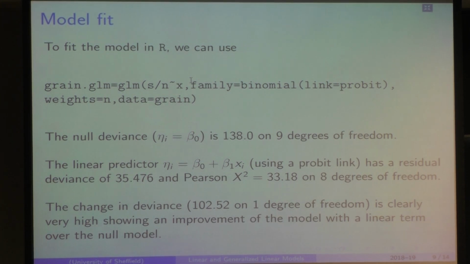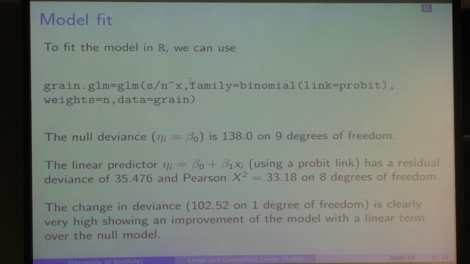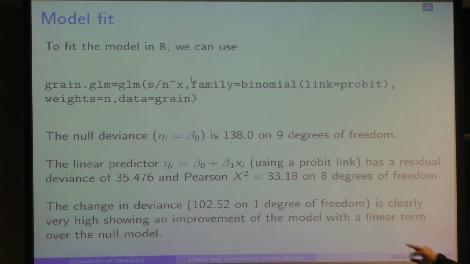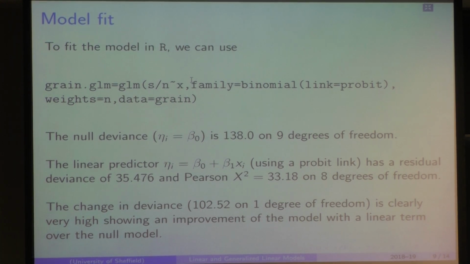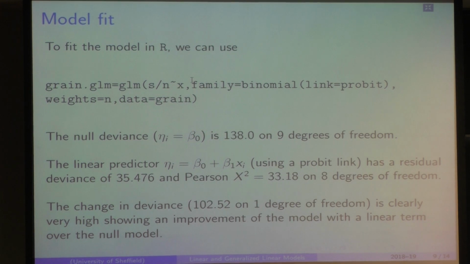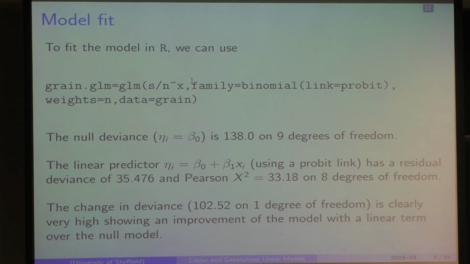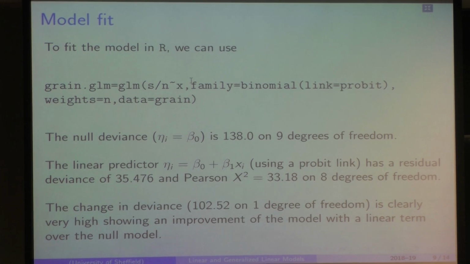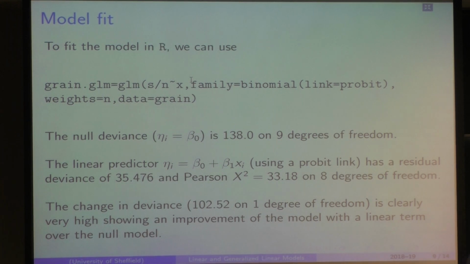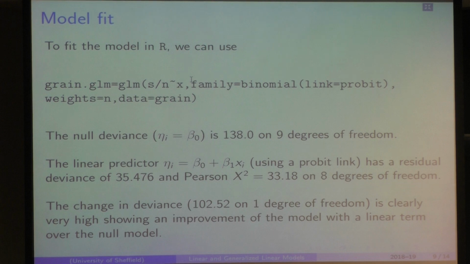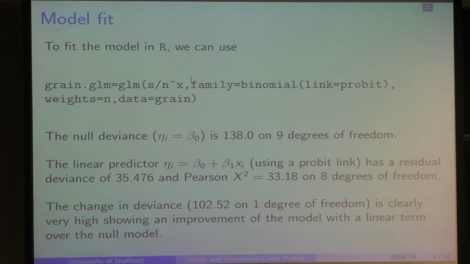Okay, so if we look at the change in deviance between the two models, that's the difference between that 138 and this 35 here, that's big. We've got a large change in the deviance between the two models, 1 degree of freedom, so we can compare that with the chi-squared 1, and that's an enormous value on a chi-squared 1. So we have very strong evidence that the second model with this linear term in it is better than the null model. However,